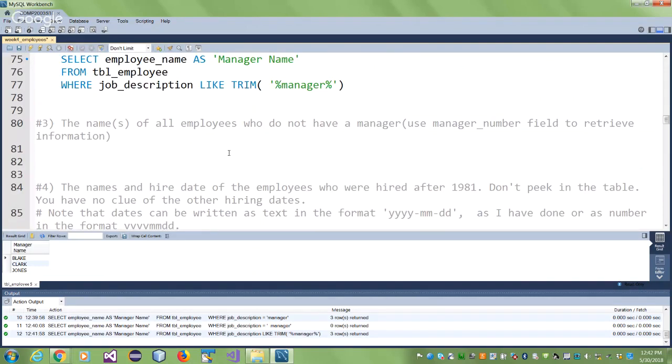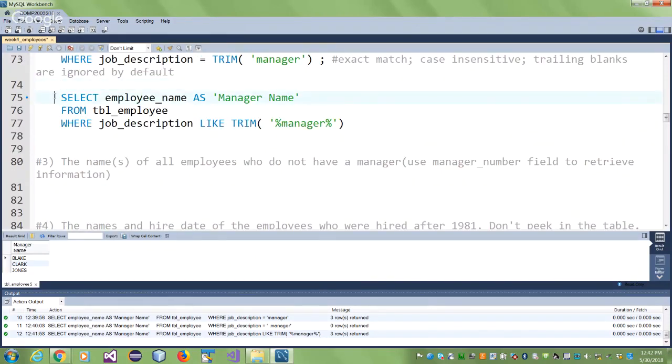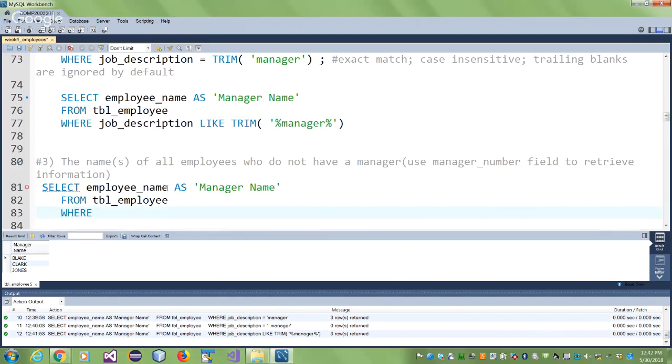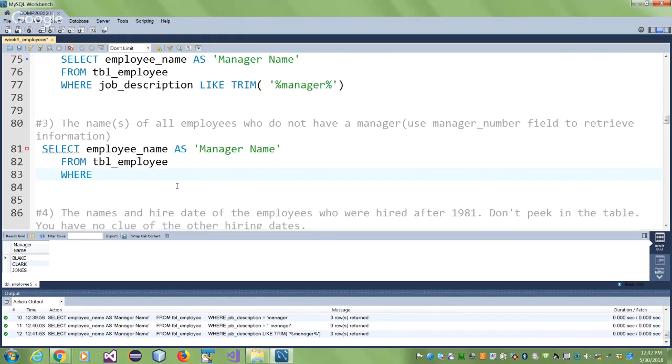Okay. Names of all employees who do not have a manager. So people who do not have a manager, remember there was a manager number field. So let's do a select. The names of all employees. Let's do a where. So names of all managers that do not have a manager, which means that their manager field, and the manager field was called manager number,